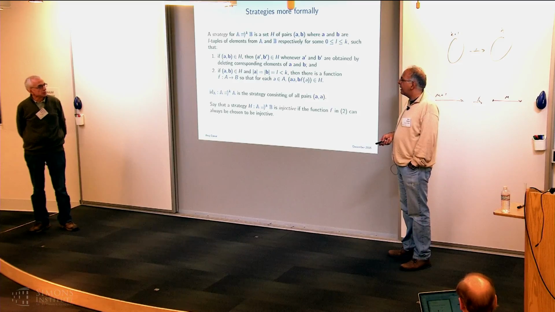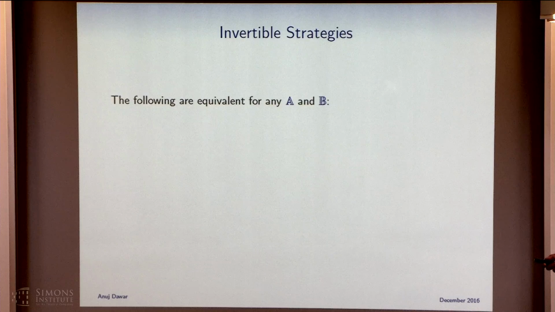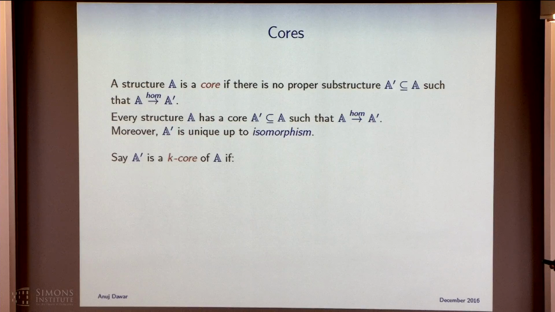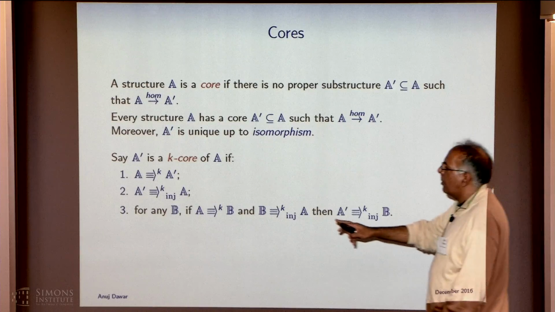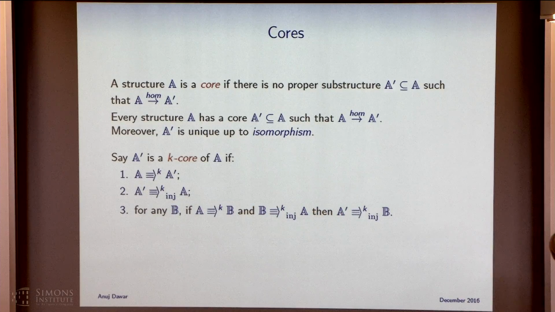Anuj, what about computing the K-core? Computing the core is NP-hard. What about computing the K-core? So I don't know. The thing about the K-core is that unlike the core, the K-core doesn't have to be a substructure of A. We've replaced the substructure condition with this. But I suppose you could actually, because of the injectivity condition, you know that it's no bigger than A, so it's going to be in NP, that's for sure. But the question is hardness, I don't know. All right. Thank you very much.